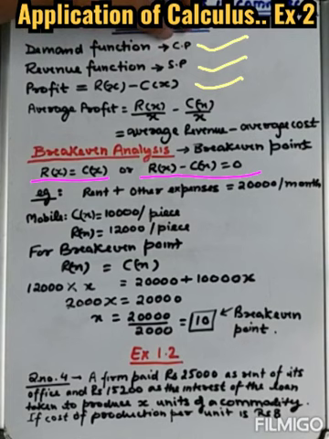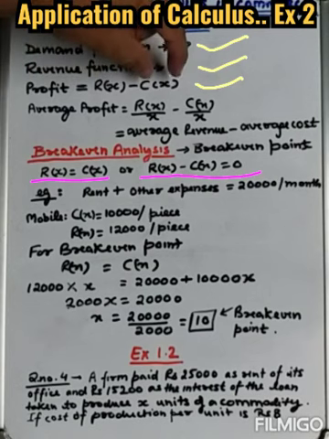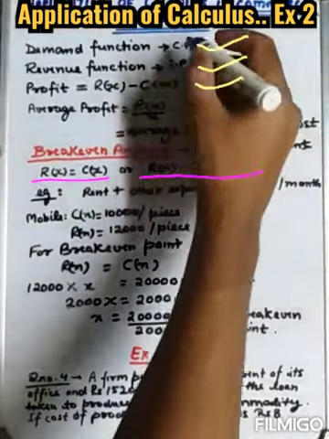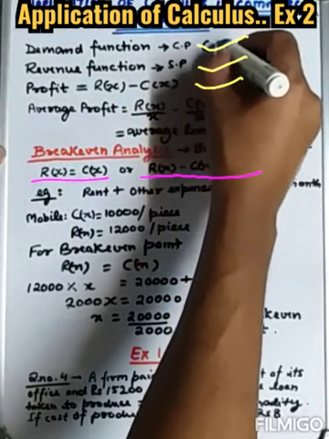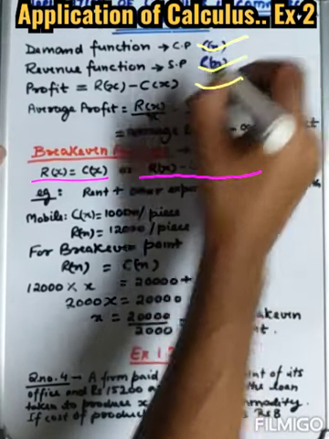But we will not call it cost price or selling price. This cost price will be termed as the demand function, and the selling price will be termed as the revenue function in these exercises, and further in the second and third exercises. Now as in class 9th, profit is taken out by SP minus CP. Same here. Now SP is revenue and CP is what? Demand function. So the demand function is denoted by C(x) and the revenue function is denoted by R(x).